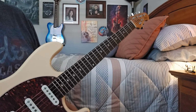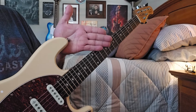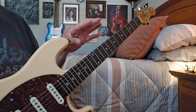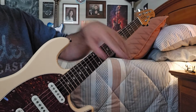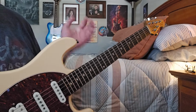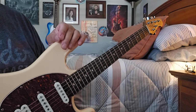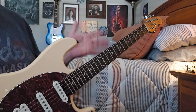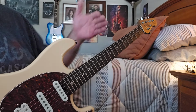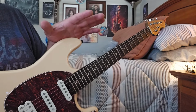All right, so again, I'm playing through. This is simple recording, guys. I'm just using my cell phone, laying it against something here on my desk. I'm recording with my earbuds on the floor, sitting on anything that will bring it close to the speaker. Using my Yamaha THR10X, I'm on a clean channel in stereo, running a little reverb, some very mild delay, and then I run that out to my Behringer Ultra Metal,